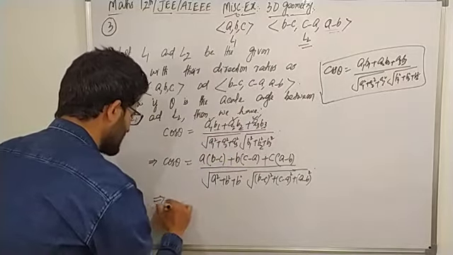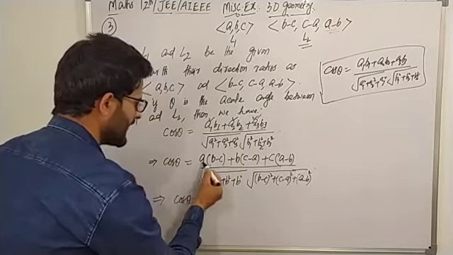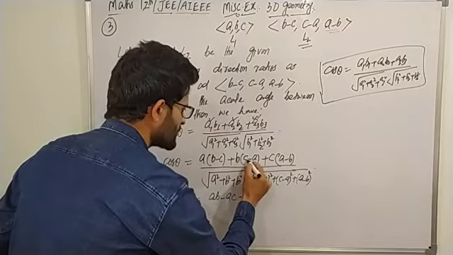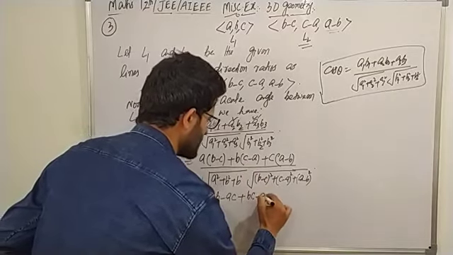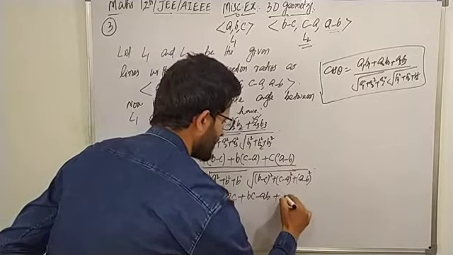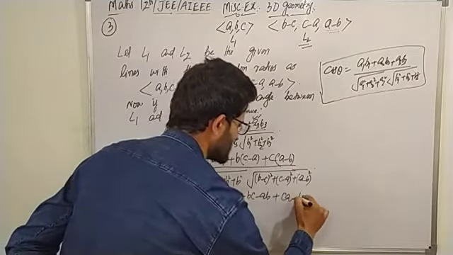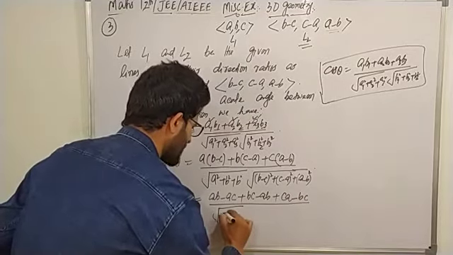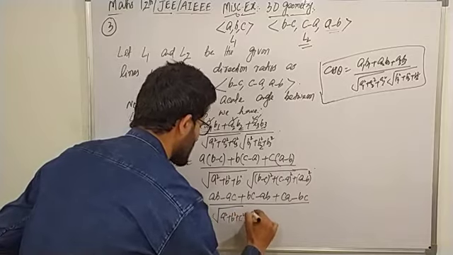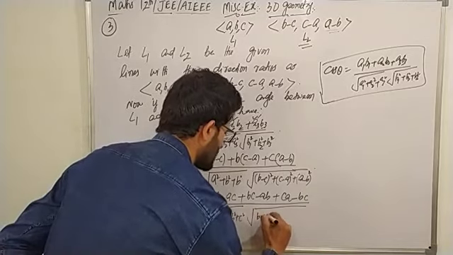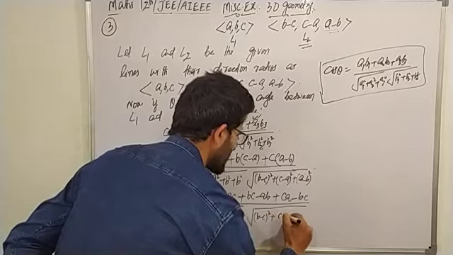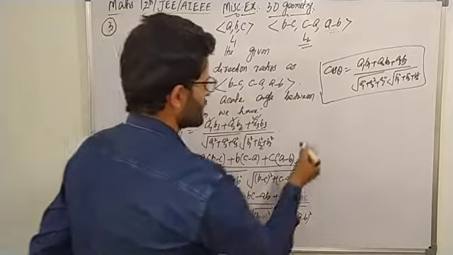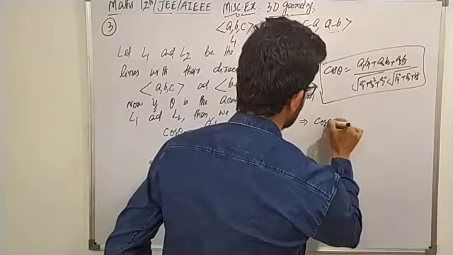So implies cos theta is then equal to, yes, A into B minus C, that is AB minus AC plus B into C minus A, that is BC minus AB plus C into A minus B, that is CA minus BC, divided by square root of same thing, that is square root of A square plus B square plus C square into square root of B minus C square plus C minus A square plus A minus B whole square. So implies cos theta is then equal to, yes,